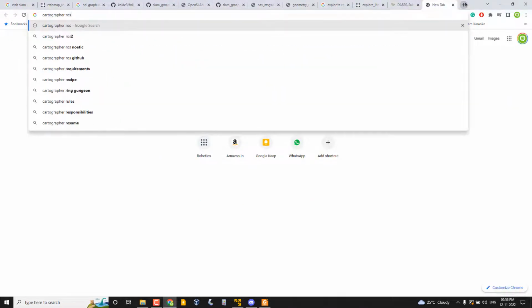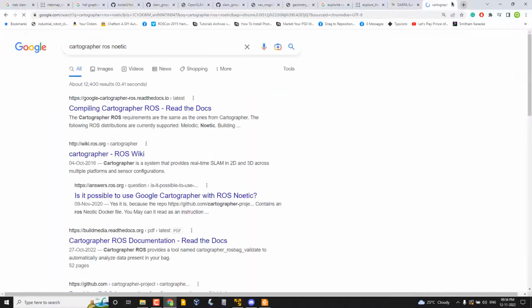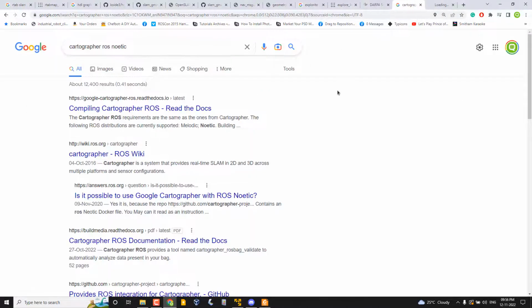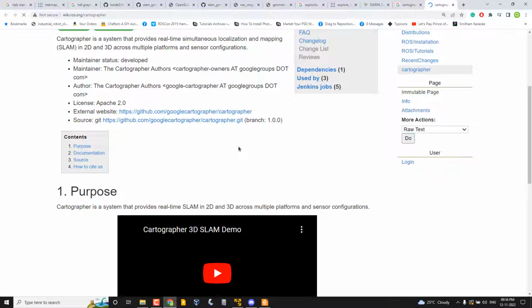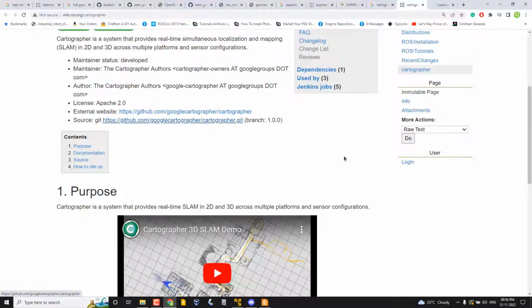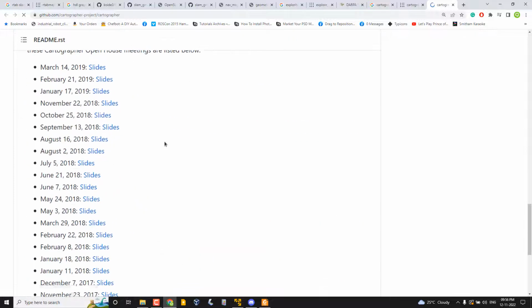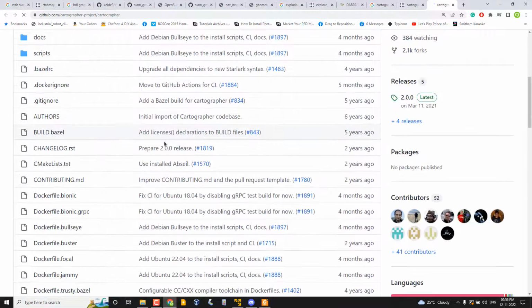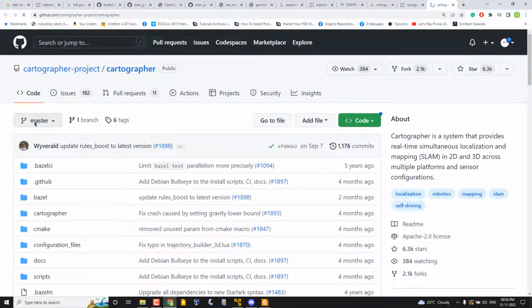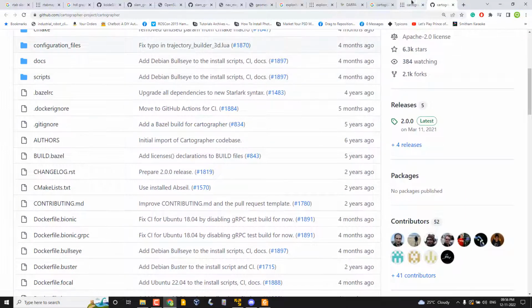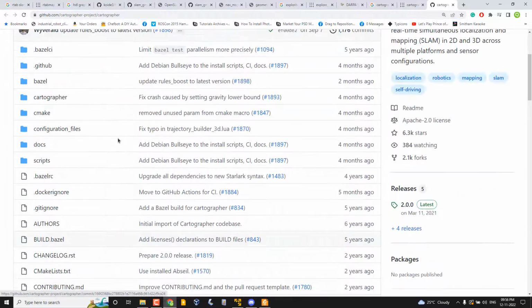Cartographer ROS Noetic. So, let's see whether we can set it up. I think it will take some time, but let's see. This is a repository, and yeah, okay, so this is a main repo, and let me see whether,